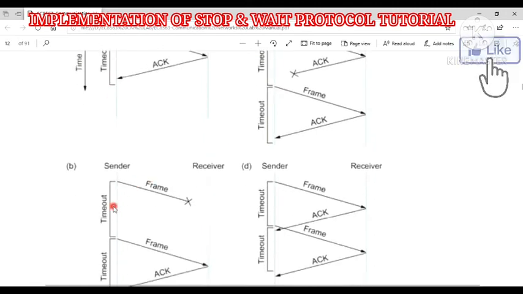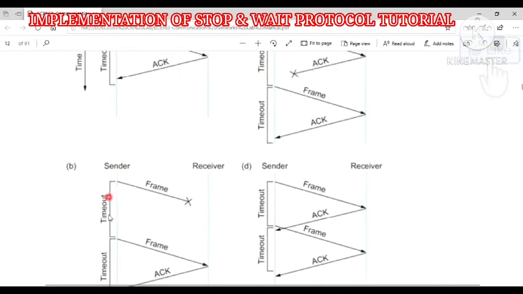Now look at the second figure. When the timer starts, the sender sends the frame, but in the medium it gets lost or damaged or corrupted. It doesn't reach the receiver, but the sender is waiting for an acknowledgement from the receiver.